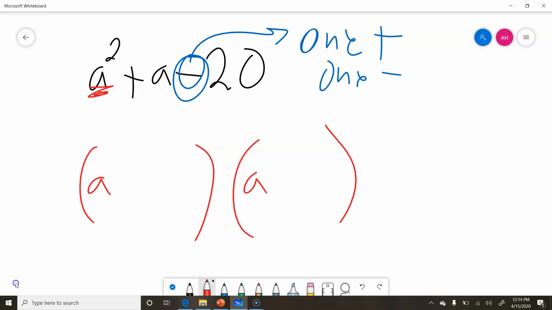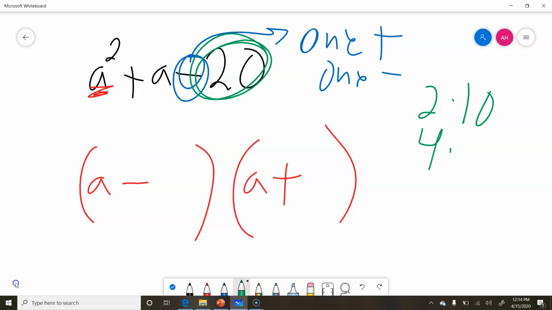So I can go ahead and fill in one negative, one positive. Doesn't matter which one is which. Now, I need to figure out what times what is 20. Again, I have 2 times 10, and I have 4 times 5. But I have to be left with something that's giving me a plus